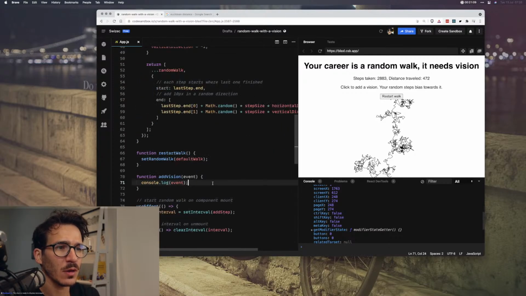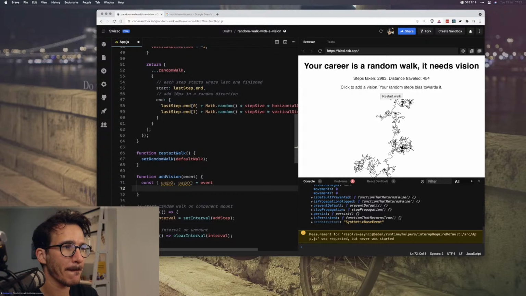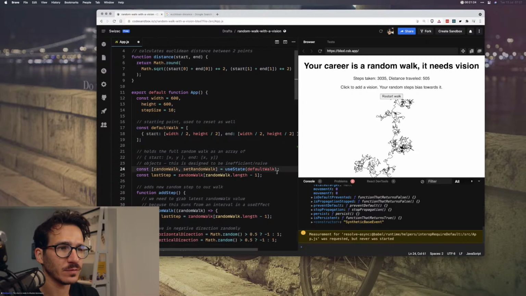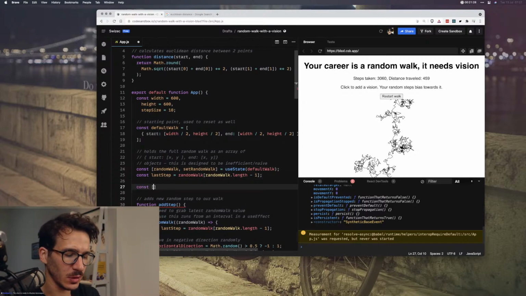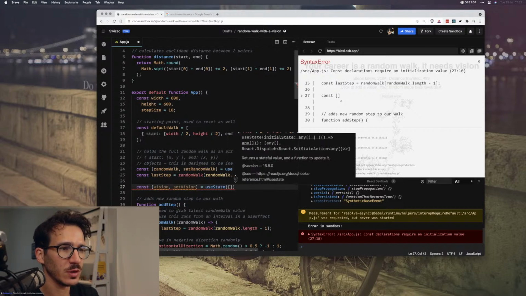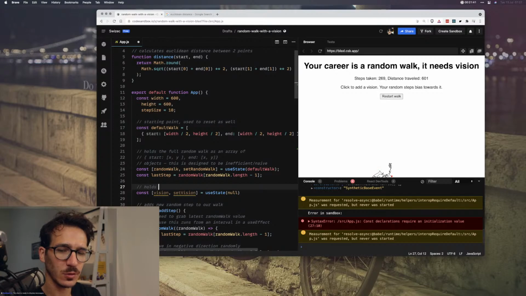Let's try it. So const pageX, pageY come out of event. And let's see here, we're going to add const vision and setVision equals useState, which is going to be null at first. It holds the position of your last focus point click.